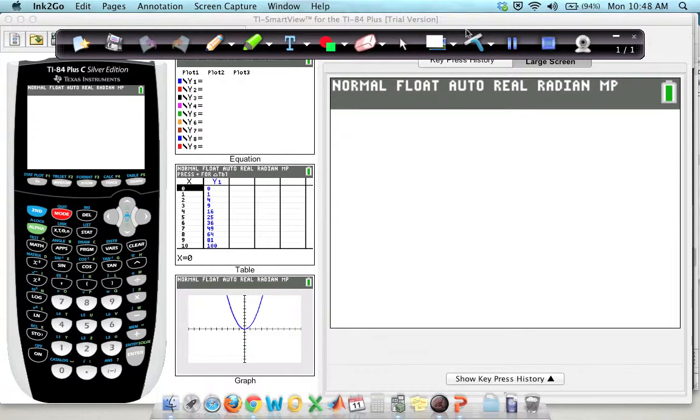Okay, I'm going to show you how to program the quadratic formula into your calculator. This is good to use when you have a word problem and you're looking for an approximate answer, but you still will need to know how to do the quadratic formula by hand as well. So the first thing you want to do is hit Program,